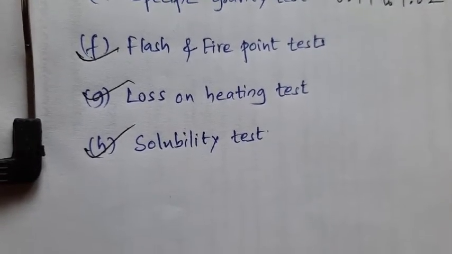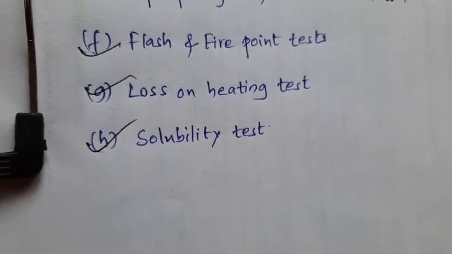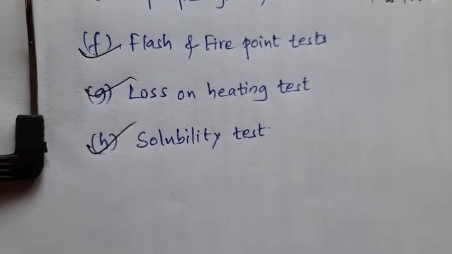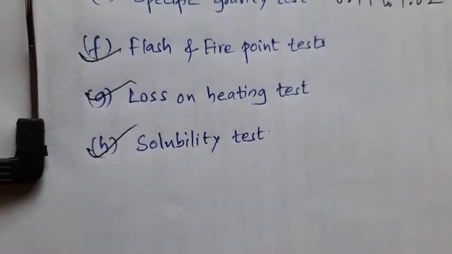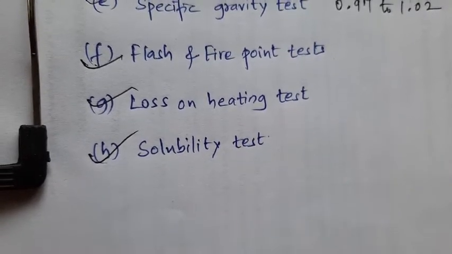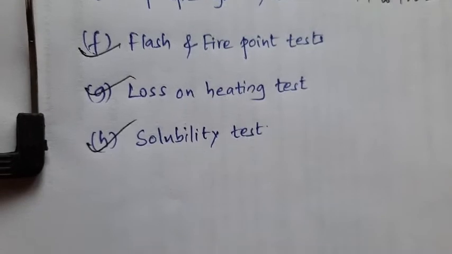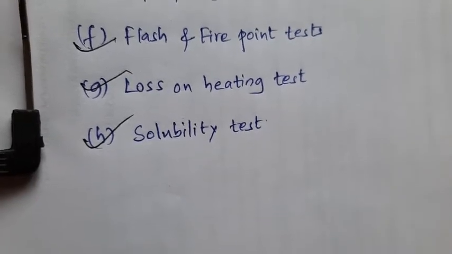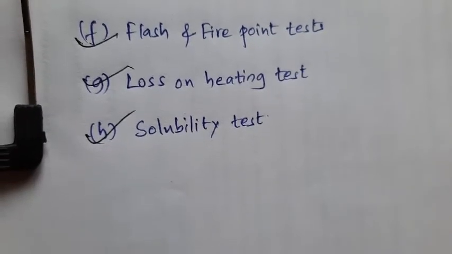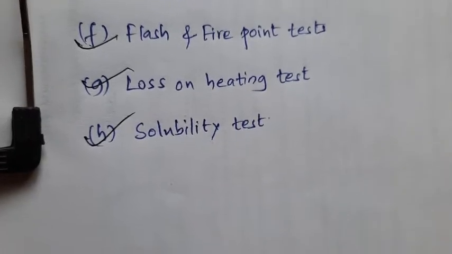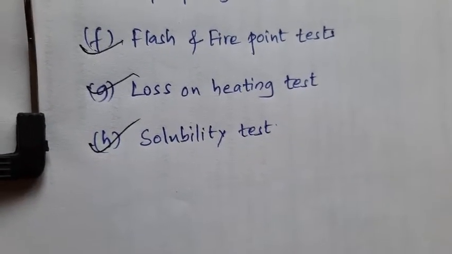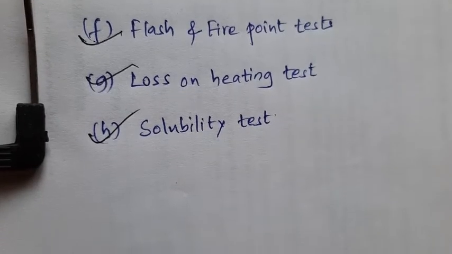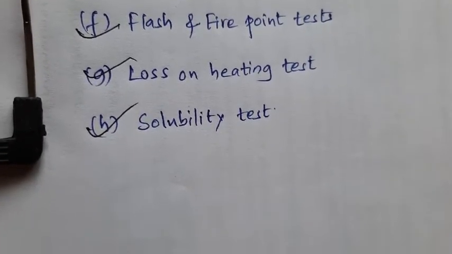Here it is preferable that the insoluble material is less than 1%. In the solubility test with carbon tetrachloride, if the black carbonate residue is over 5.5%, then this bitumen is considered cracked. Cracked in the sense that it is overheated. The bitumen is overheated there. Clear? So the minimum proportion of bitumen soluble in carbon disulfide is specified as 99%.